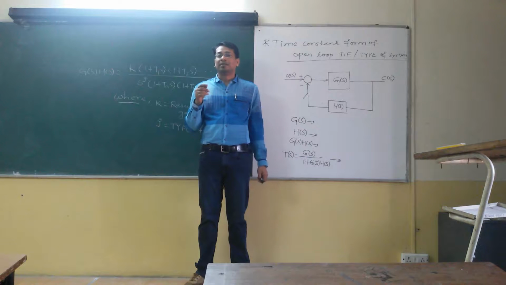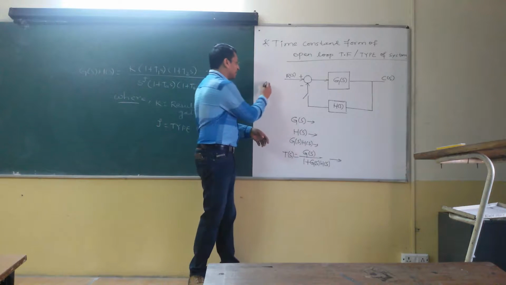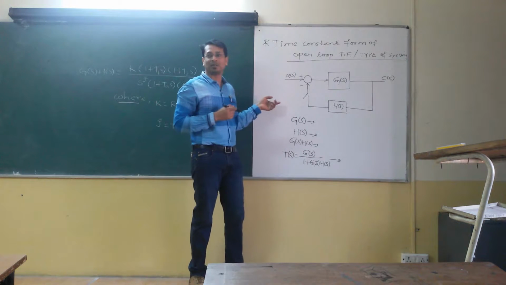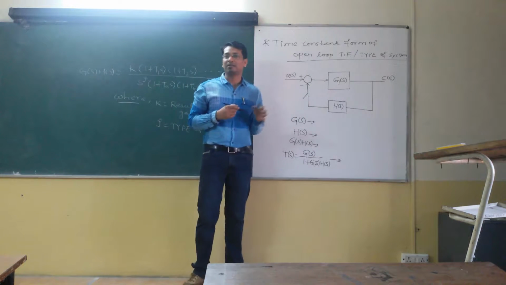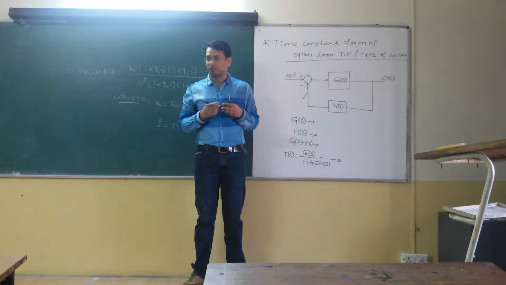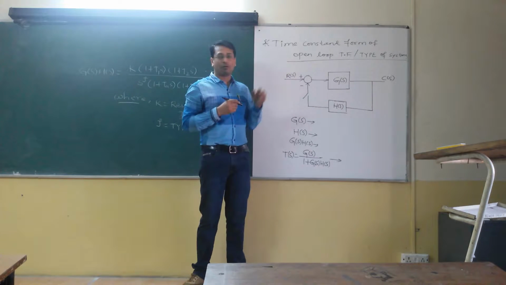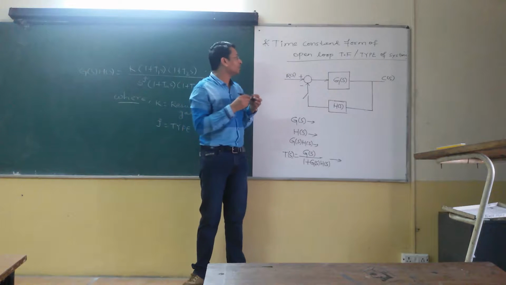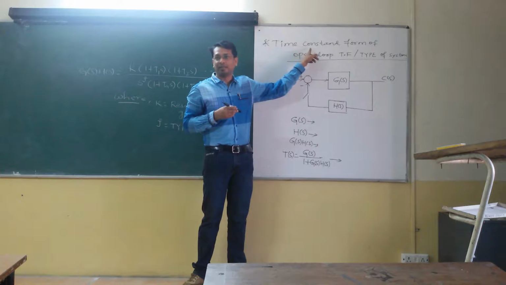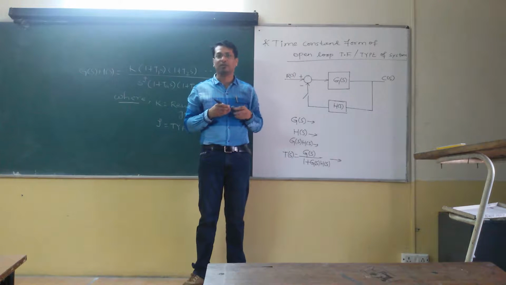One thing. Second one is you have written something like (s plus a) multiplied by (s plus b) divided by (s plus c) multiplied by (s plus d). This type of form is known as the pole-zero form of transfer function. And yet another form exists, that is your time constant form of transfer function. We are going to define the time constant form of transfer function.